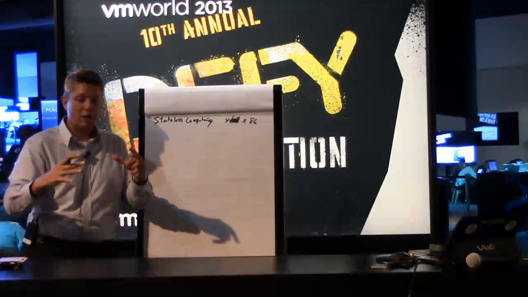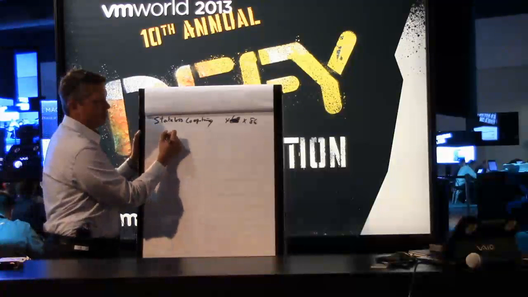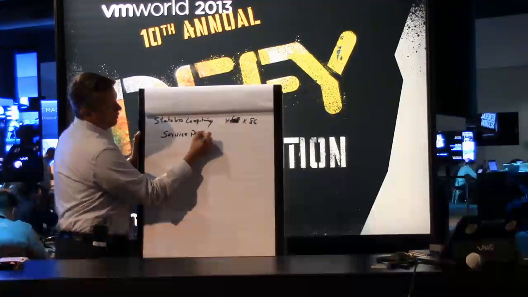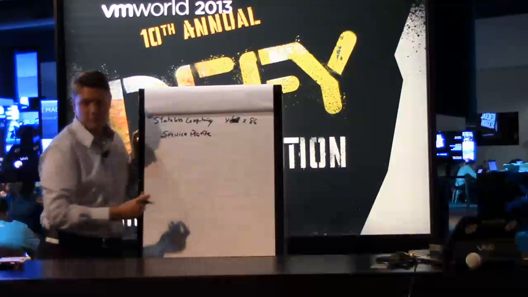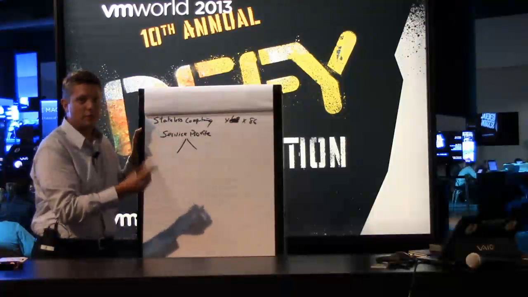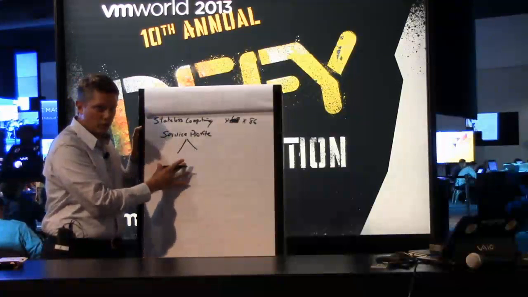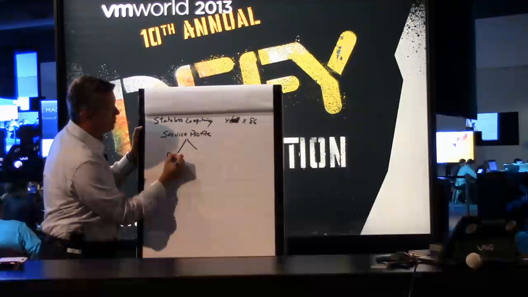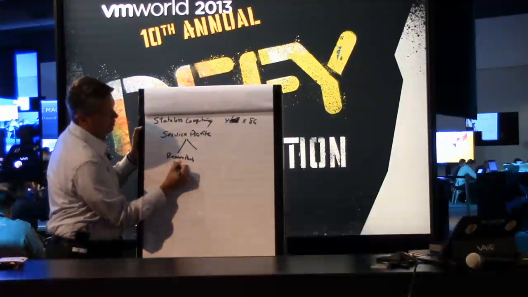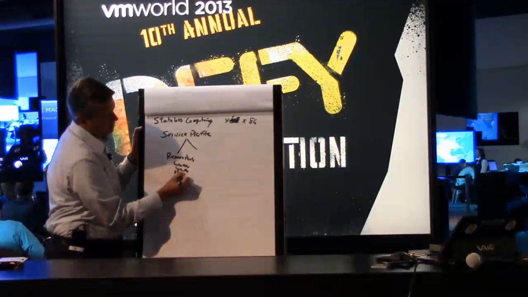So all the things that define the server actually live outside the server. They live in what we call a service profile. This service profile consists of 2 things. There are really 2 things about a server that make a server what it is. There are things that have to be unique, right? I need to have unique MAC addresses, unique worldwide names. Those have to be unique. So what we do is we create resource pools. Resource pools have worldwide node names, worldwide port names, MAC addresses,